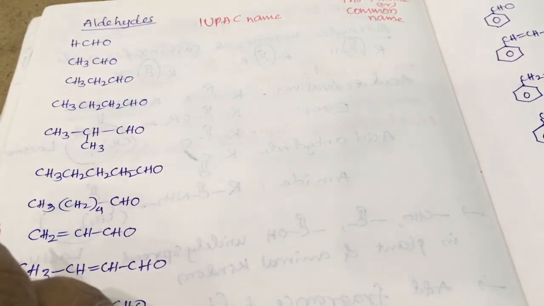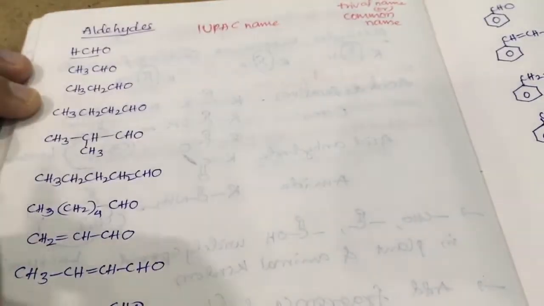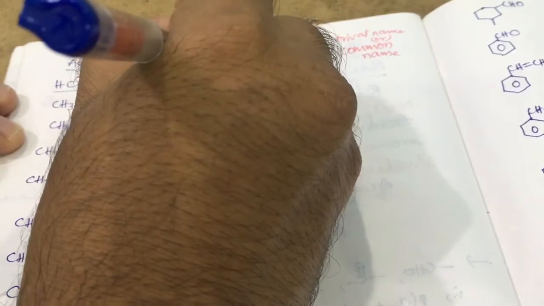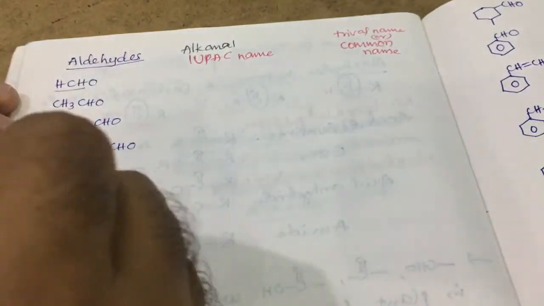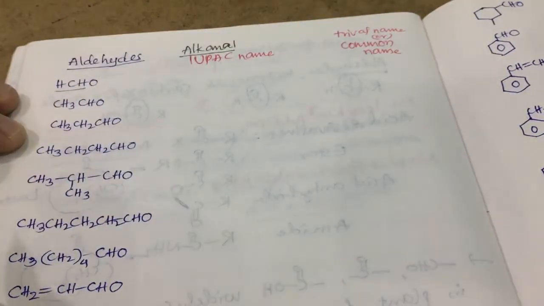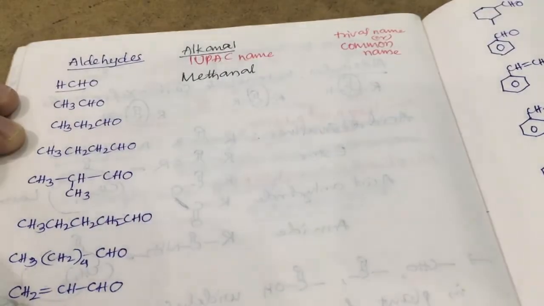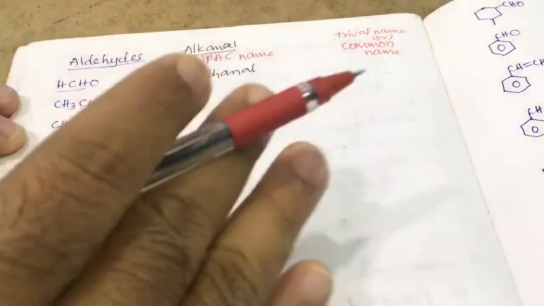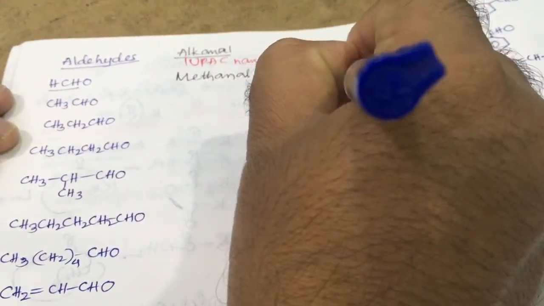Next, now we will go for a few examples here. One carbon. Already we know that this is alkane, E removed, and alkanal. This is the IUPAC name of an aldehyde. One carbon, that's why it is known as methane, E removed, al. And the aldehyde position is not denoted with any numerical locant, 1, 2, 3, because these are terminal. Common name is formaldehyde.